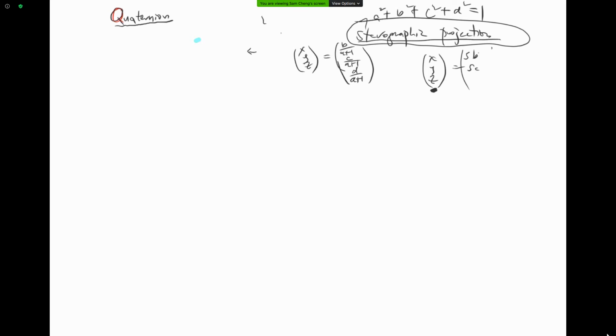Hello. I'd like to continue my discussion on quaternions. Last time we introduced a quaternion, which is basically a four-dimensional vector, but you can also think of it as an extension of a complex number that has four different types of complex components. So this i, j, k, if I square any of them, will be equal to -1,